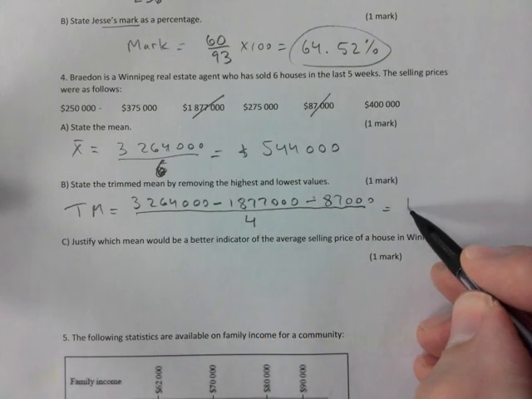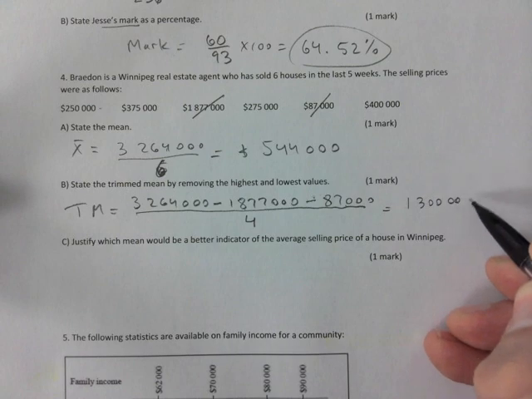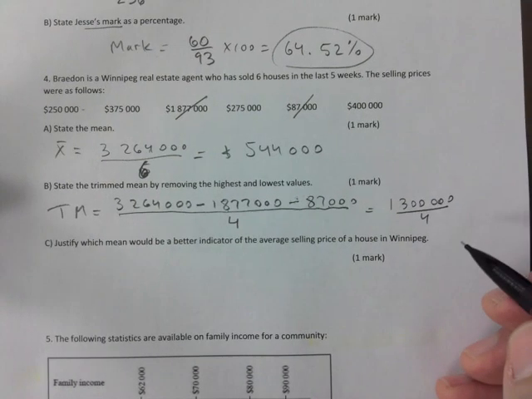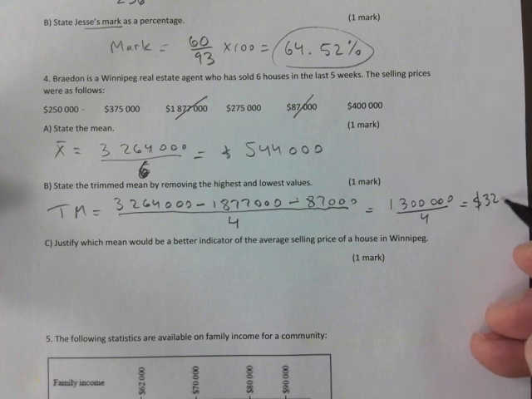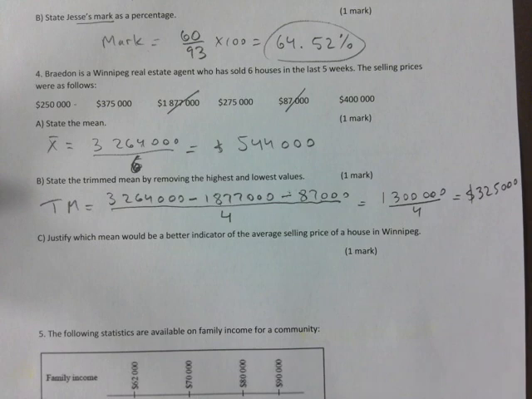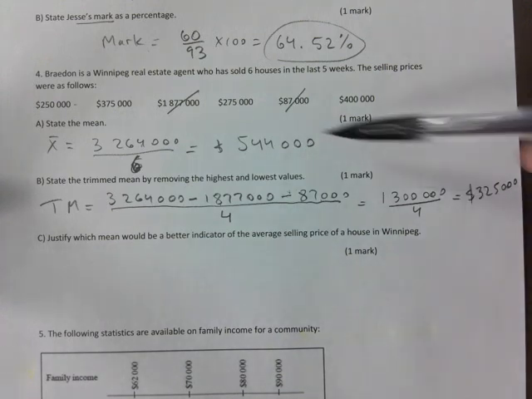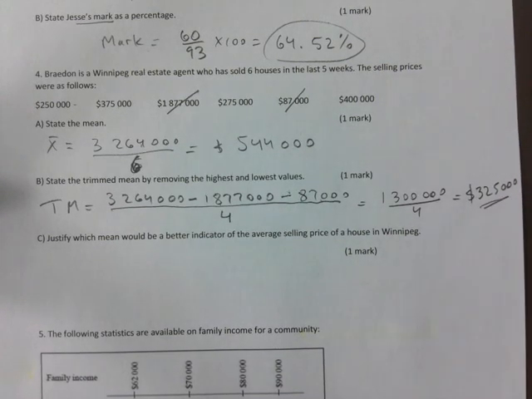So that is 1,300,000 divided by 4, which then in turn gives you 325,000 average. Okay, so my averages, like the trimmed mean, which is also a way of calculating the average, has gone down,